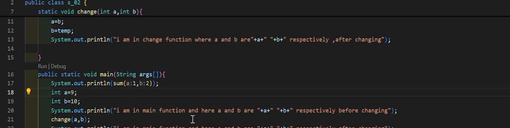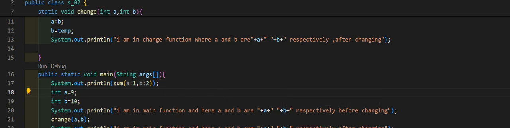So here I will try to print the values of a and b before changing them, and that too in the main function. In the main method, a is 9 and b is 10, so it should print 9 and 10 respectively for a and b.